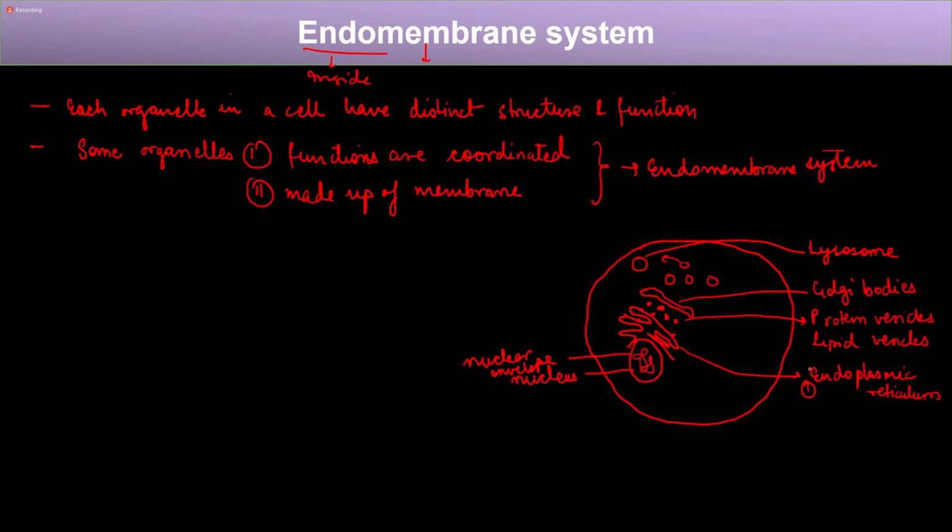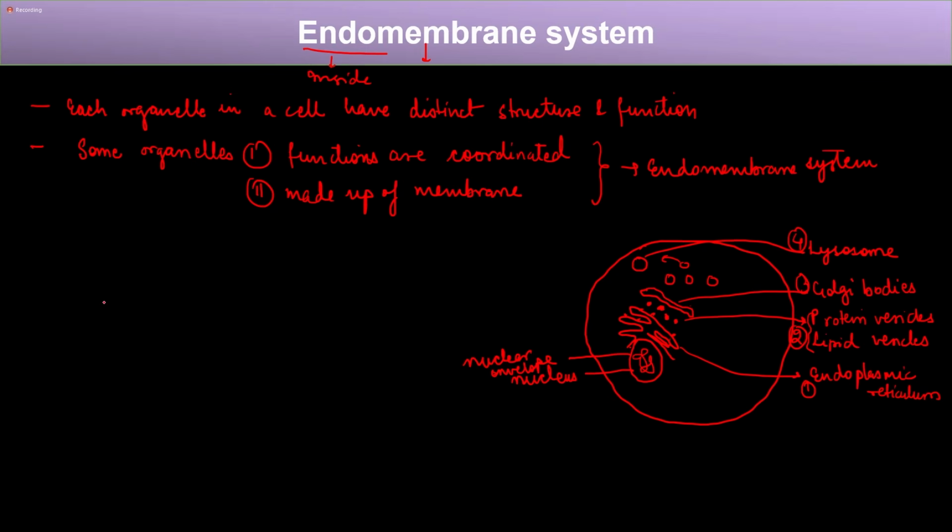So we saw there is one structure that is endoplasmic reticulum. The second is majorly vesicles, that can be protein or lipid vesicles. The third body is Golgi bodies, and the fourth is lysosomes. So we can see that the functions of all of these are dependent or coordinated, right? The protein or the lipid that is synthesized first in the endoplasmic reticulum goes to the Golgi body in the form of vesicles. And from the Golgi body, in the form of larger vesicles, it either goes to the lysosome or to the plasma membrane. So we can clearly see that the functions of all these are coordinated, and hence they together form